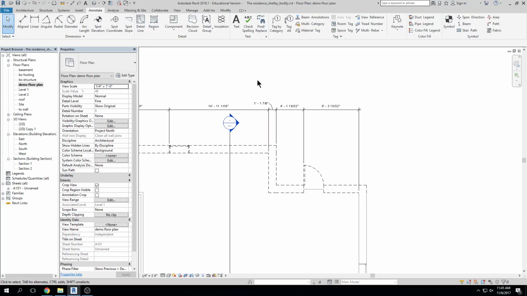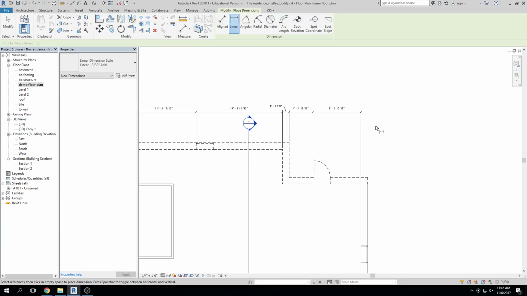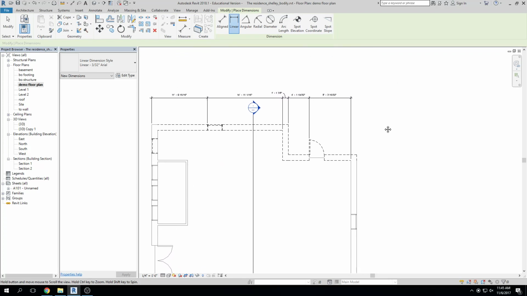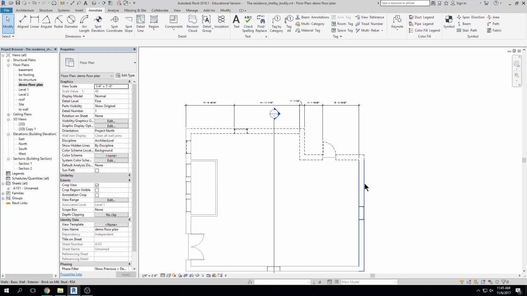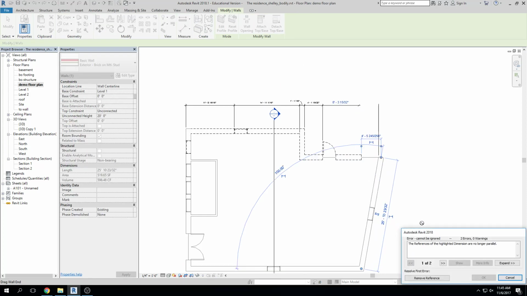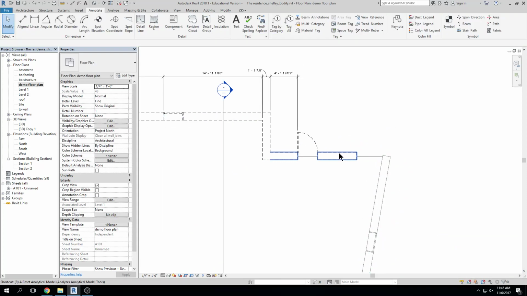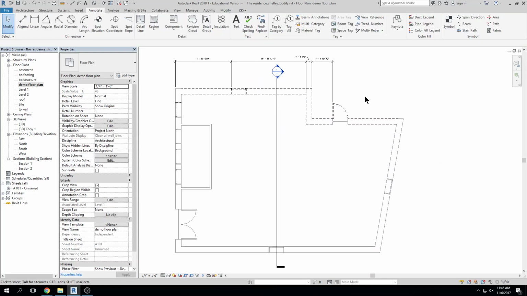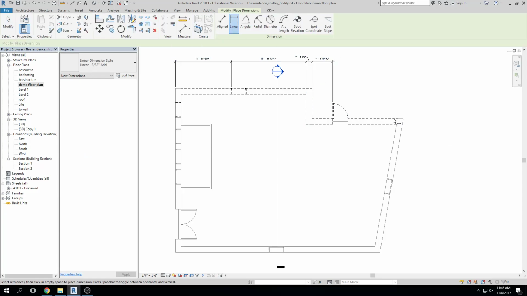I feel like there's a ton of explanation for these dimensions, but they're just so simple to use, funny enough. So we have our align dimension, which will allow you to align your dimensions to objects, okay? We have linear dimensions, where if I click, let me save this, and I want to dimension something that is slightly askew. Let's make this slightly askew. There we go. We've got a weird little wall there, right? But if I wanted to dimension this with a linear dimension, okay,